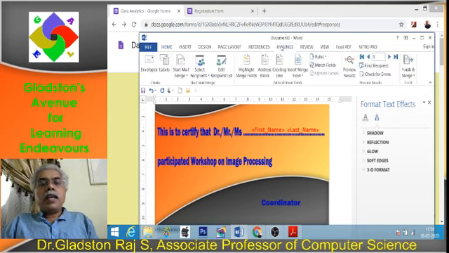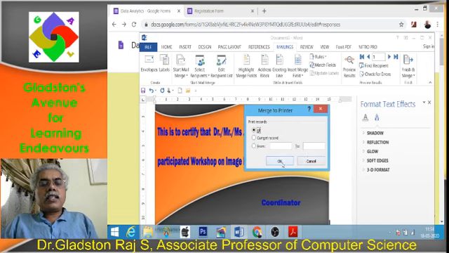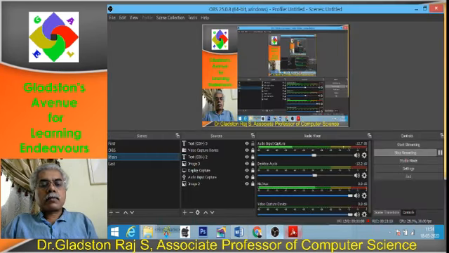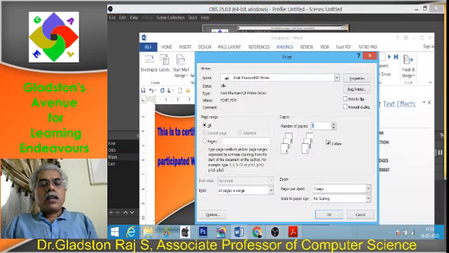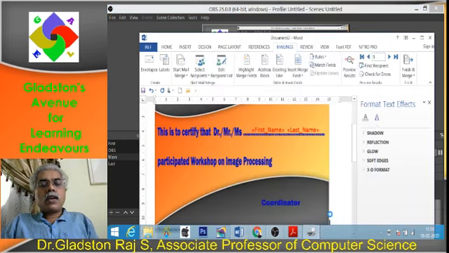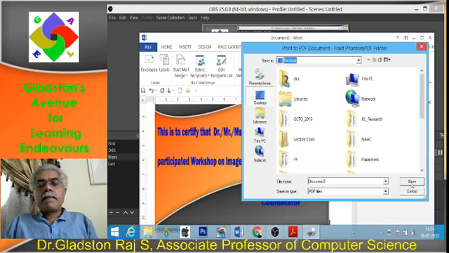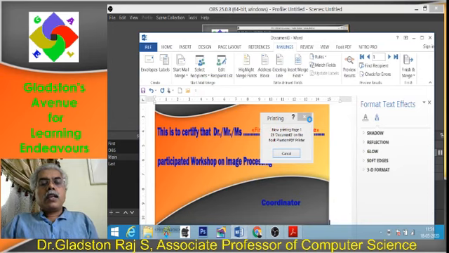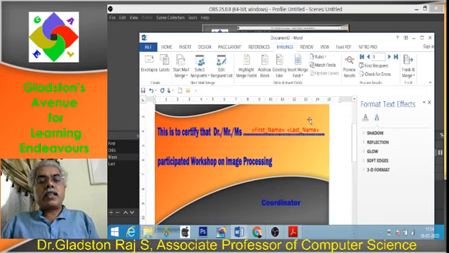Next, mailing, finish and merge. There, print documents. Click on OK so that you can get, okay, select printer, or I'm using a PDF printer file. Press OK. Then save. Yes. Now it is printing, automatically generating all the certificates.